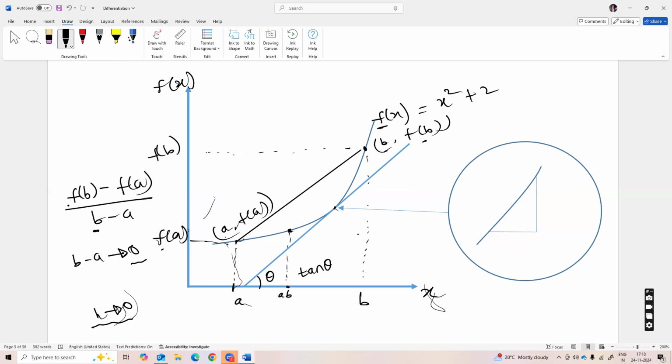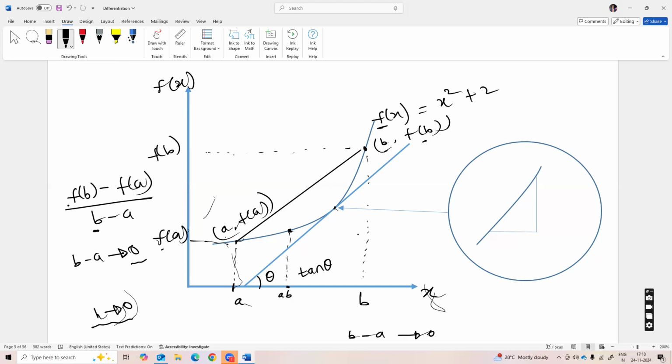Now if we start bringing point a and point b closer and closer, such that the distance b minus a almost tends to 0,